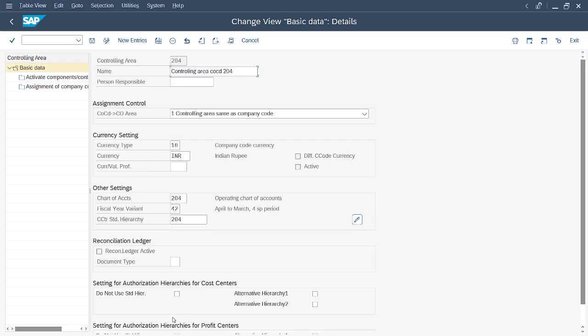I guess you are aware that we have to save it in a different way. Yes, because there was no account at that time. So we have to define one retained earning account which will be assigned to that particular configuration, and then only will we be able to do the work in asset accounting. The same way with the standard hierarchy, only if it is saved will we be able to create the cost center and the profit center. For now, it is saved, so we'll go back and do the other work.